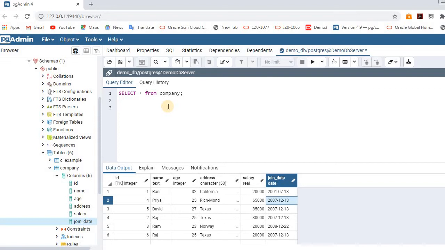So let's start. Select, what we can display: name and salary, from the company table.